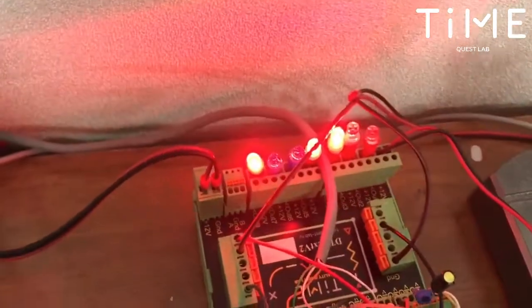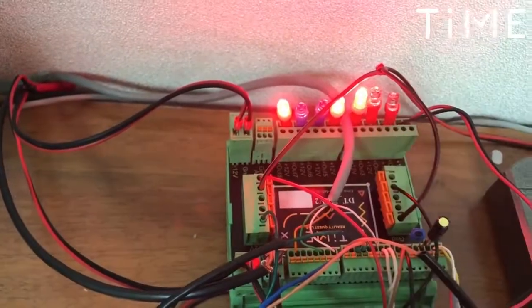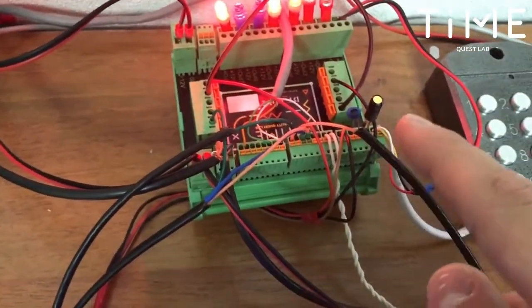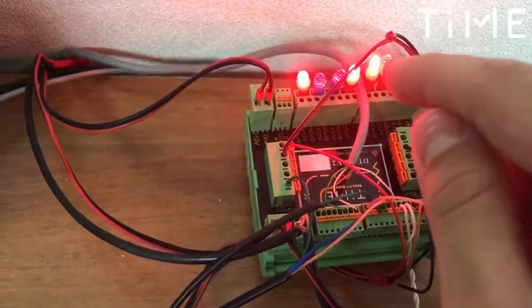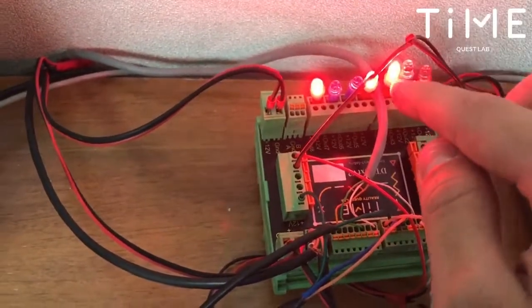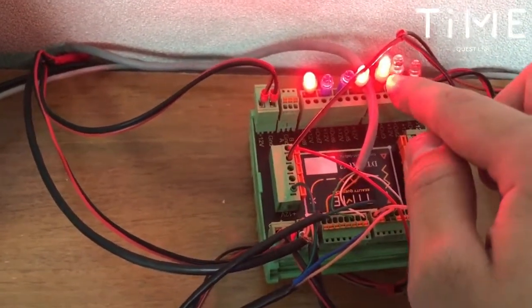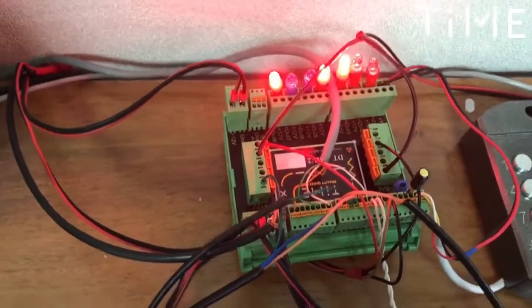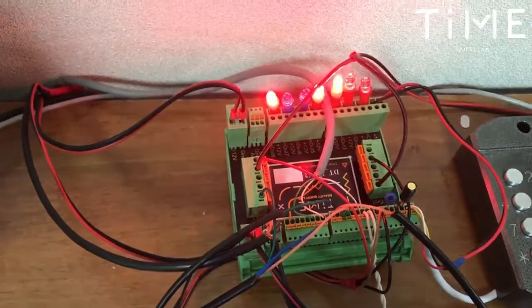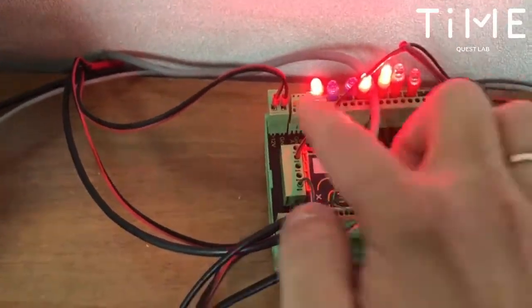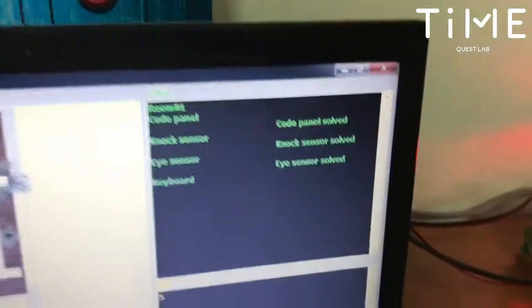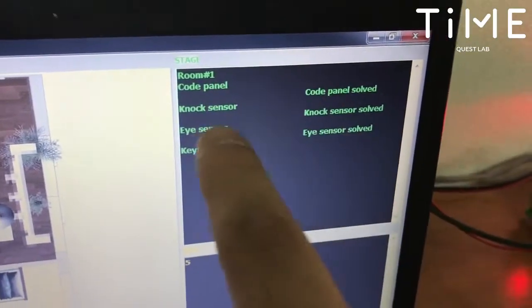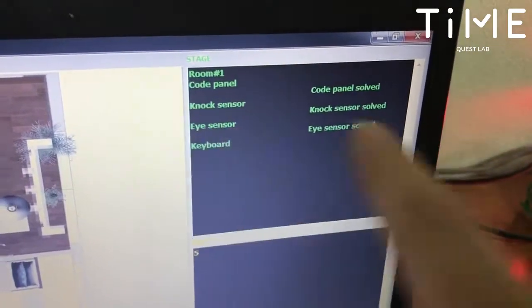Also you can see that after we knocked 5 times and solved this puzzle, the box opened. It was on the magnetic lock on the second one, this one, and it was closed, but after we knocked 5 times it was opened. I will show you on the third one, so you can see that other magnetic locks for now are closed. So what is the next puzzle? We can see the order: the code panel solved, knock sensor solved,